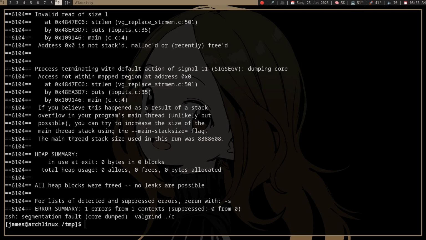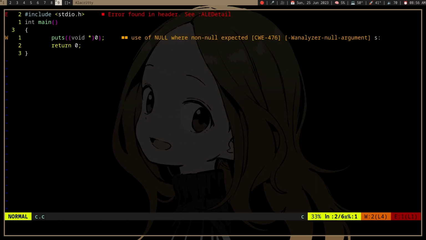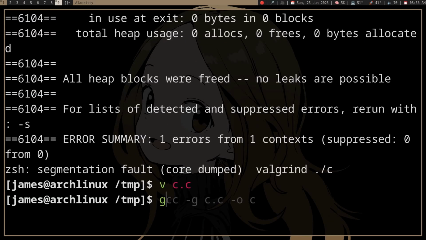So, well, puts, if you didn't know, at least the glibc puts will call strlen, and it says main c.c, which is where we call puts, right? So we can see that the error occurred at line 4 in c.c. So yeah, that works. And you can also use GCC itself, so you don't need to use Valgrind, but I